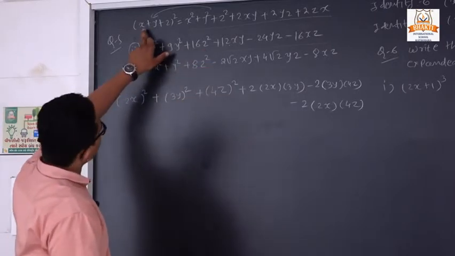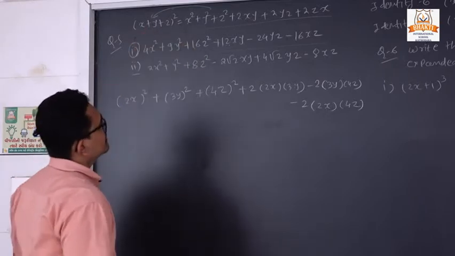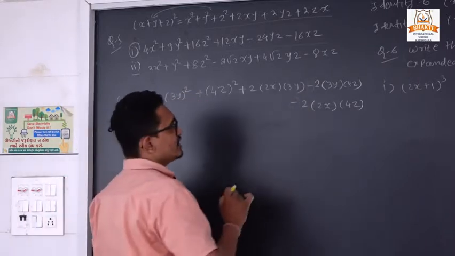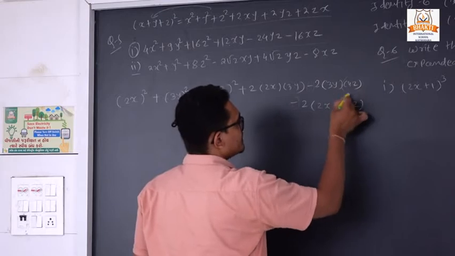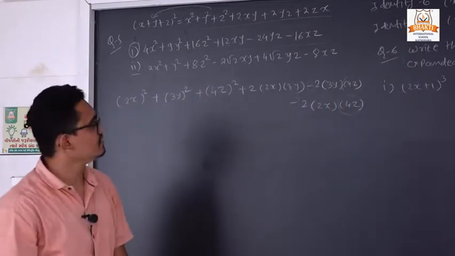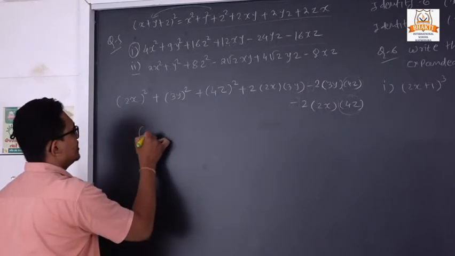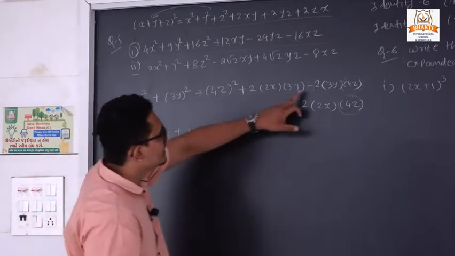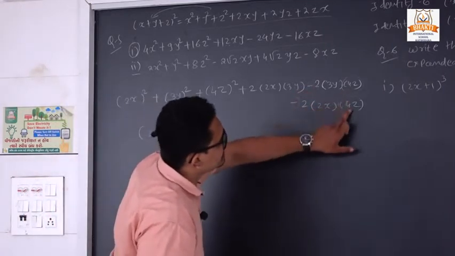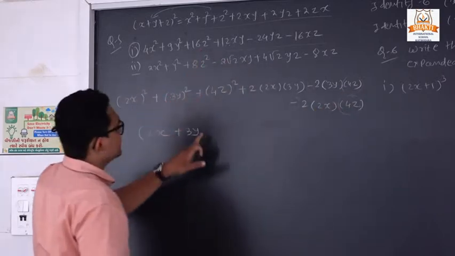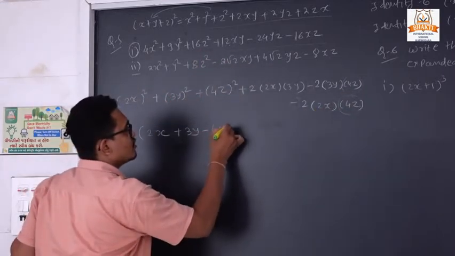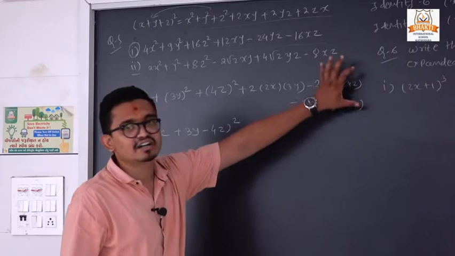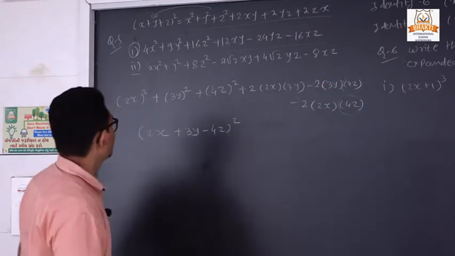Now next step, if we want to convert 6 terms into 3 terms, see that both have a minus sign. And the second thing is, which is common? The third term is common in both. So we can write 2x plus 3y, and here both have a minus sign, and the common term is our term number 3. So here we will put minus 4z whole square. Clear? Because here we have a minus sign as well as our third term remains the same in both. So it is our answer.